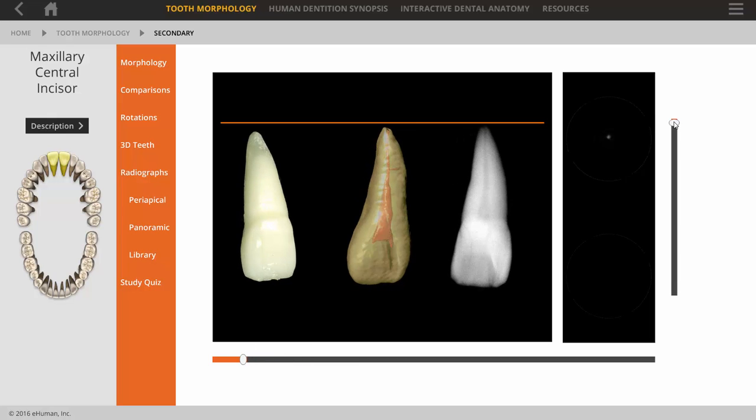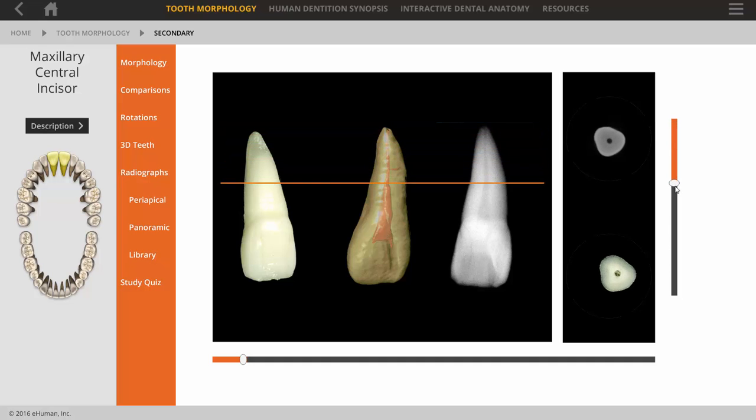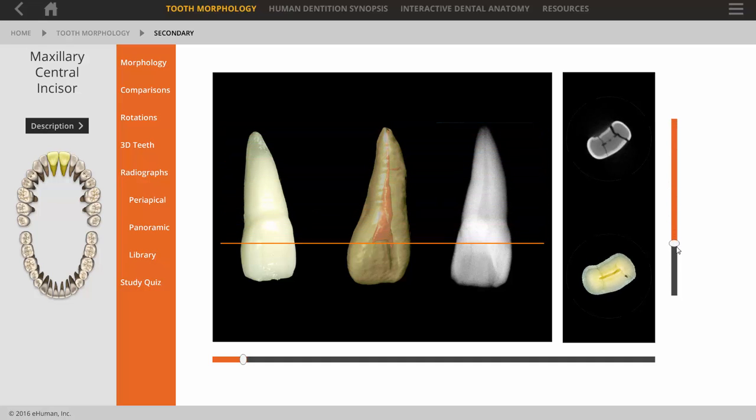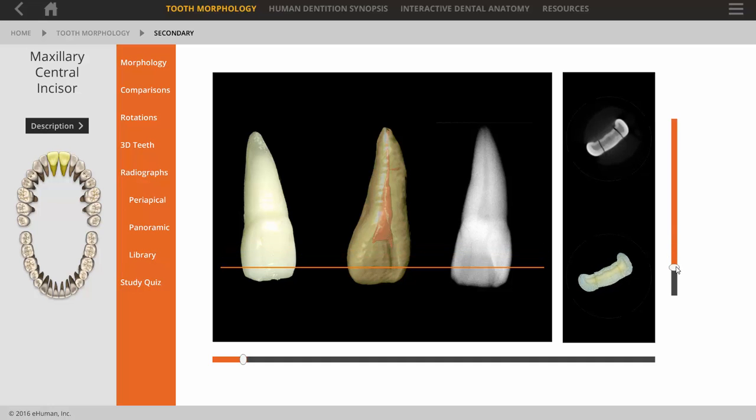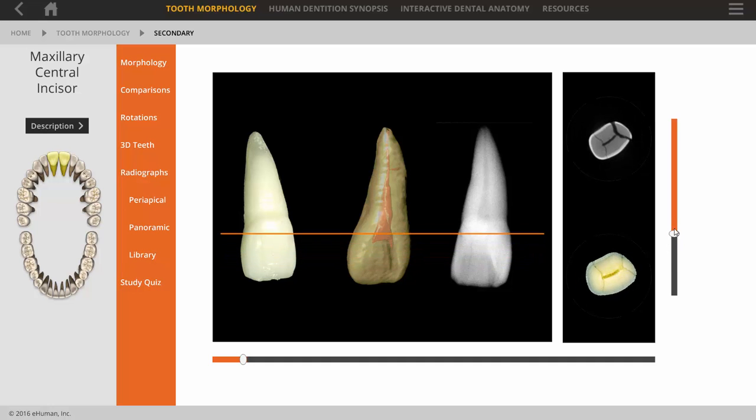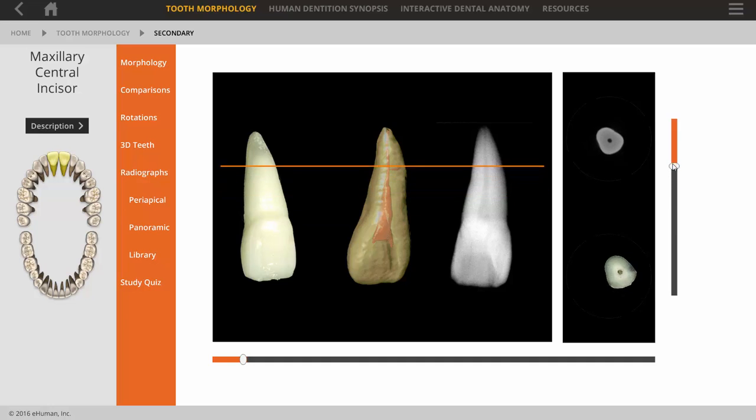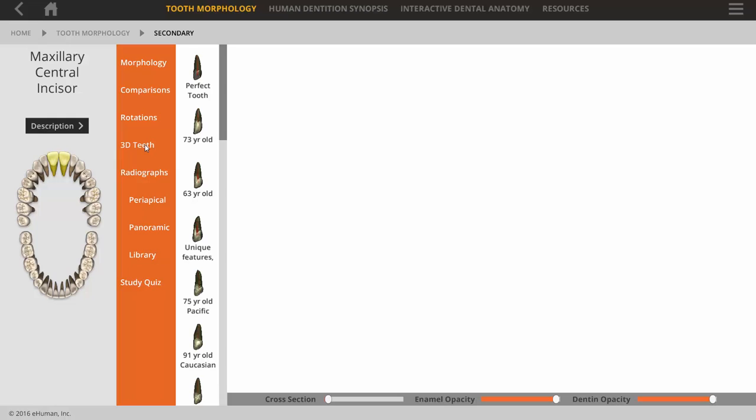In the very right-hand area, there's a vertical slider that allows you to view the cross-sectional morphology of these teeth. So you can study all of the cross-sectional morphology of each tooth, as well as the 3D representation as you rotate it around. There's a 3D section, and in here you have a large library of teeth that have actually